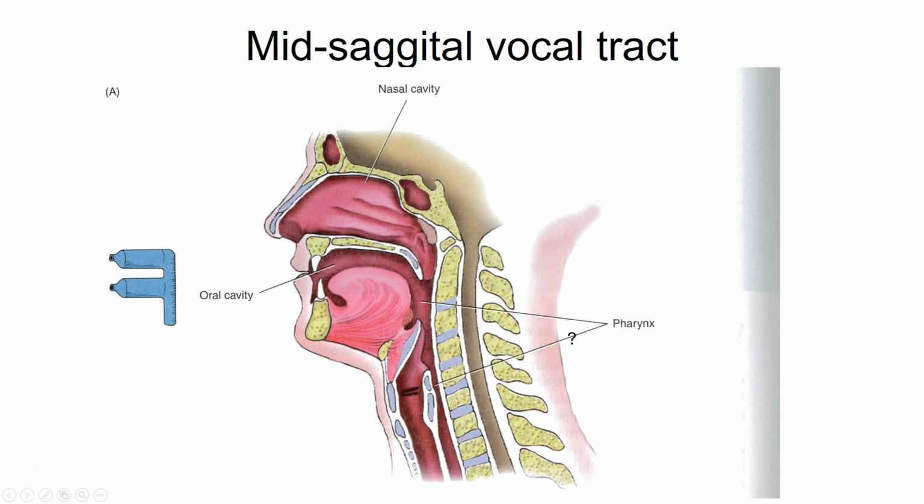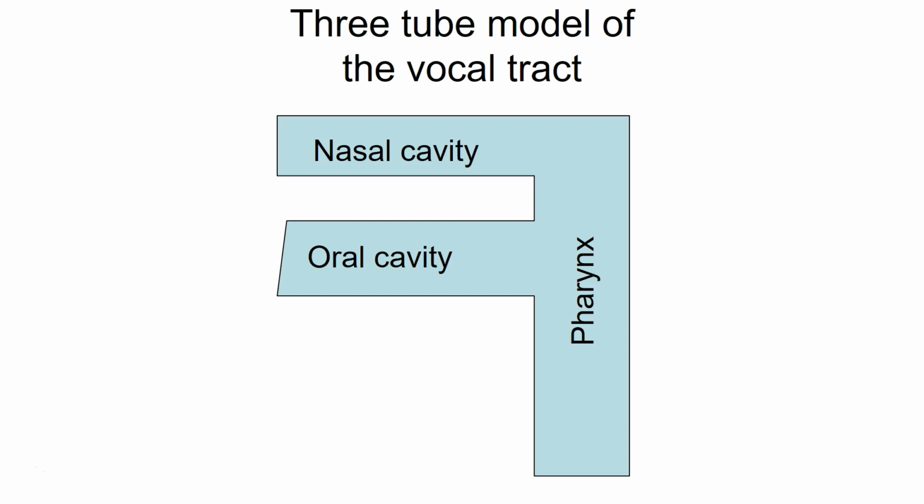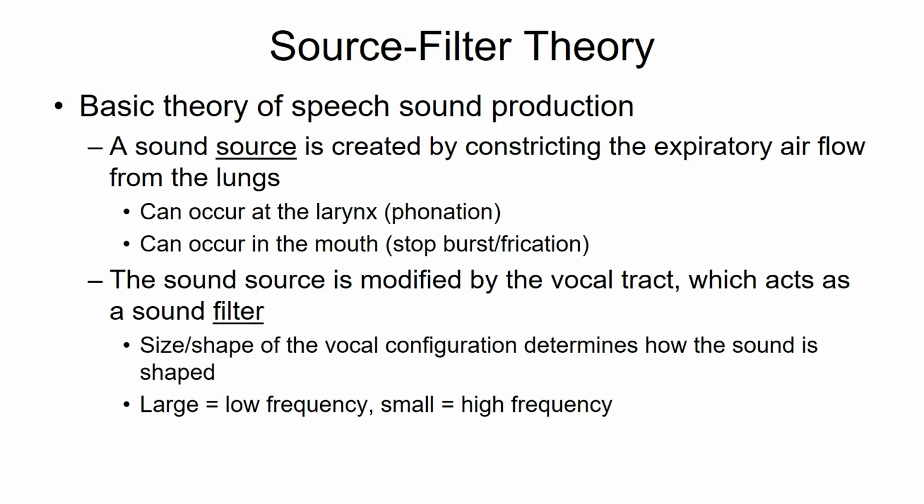This image from the book likens the vocal tract to this kind of F-shaped tube that the sound of speech resonates through. So in the abstract, our vocal tract for speech consists of three tubes connected together in this F-like shape with two branches, the pharynx leading into both the oral cavity and the nasal cavity. This tube model is important for the end results of speech acoustically, which are summarized by what's called the